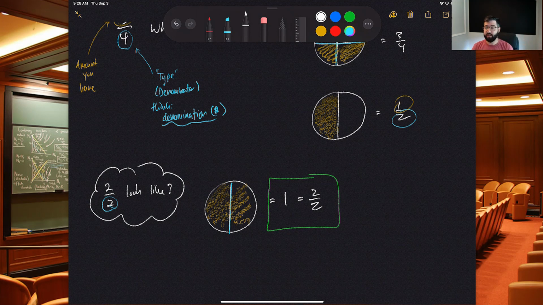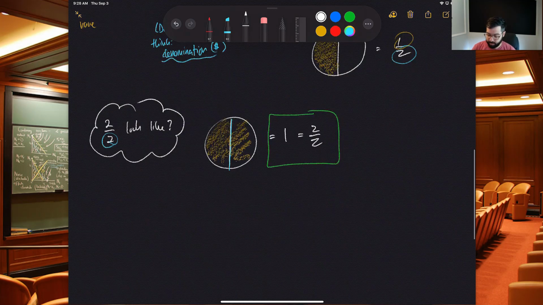So if we see something that has the same number over itself as common factors, we can reduce that to 1. We do it in a particular way, so we have to be careful, but this is a really, really nice feature of fractions. So if I had sliced this up instead into, let's say, 6ths,